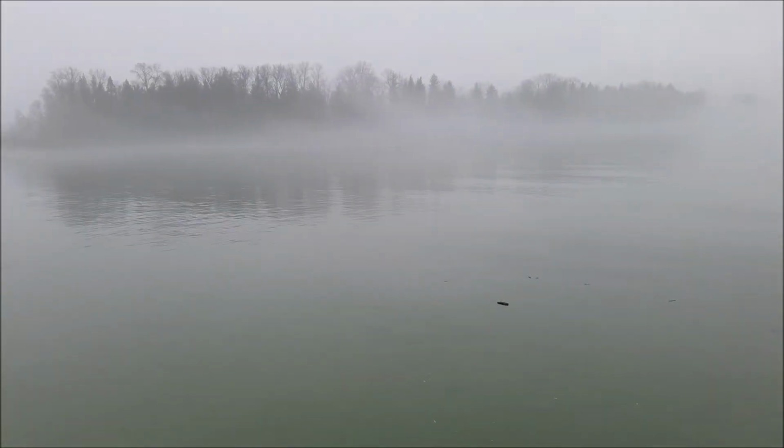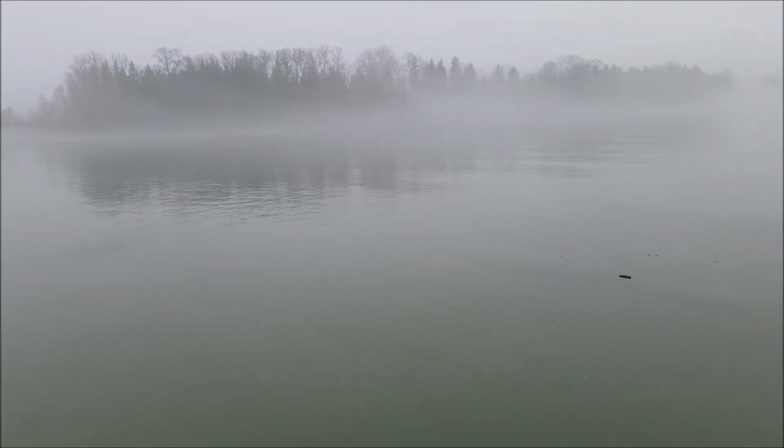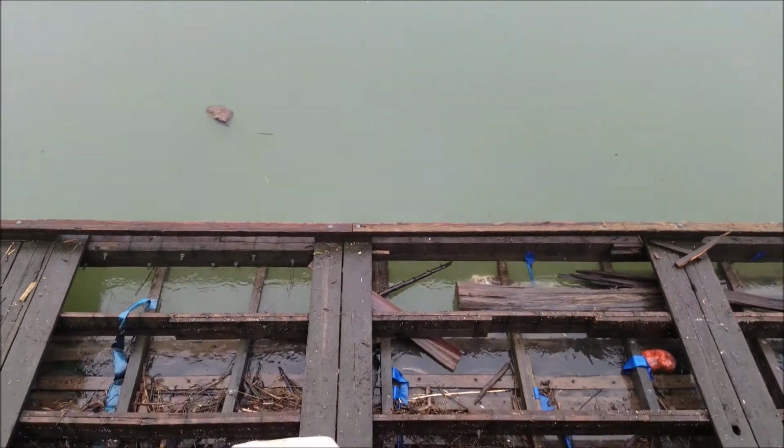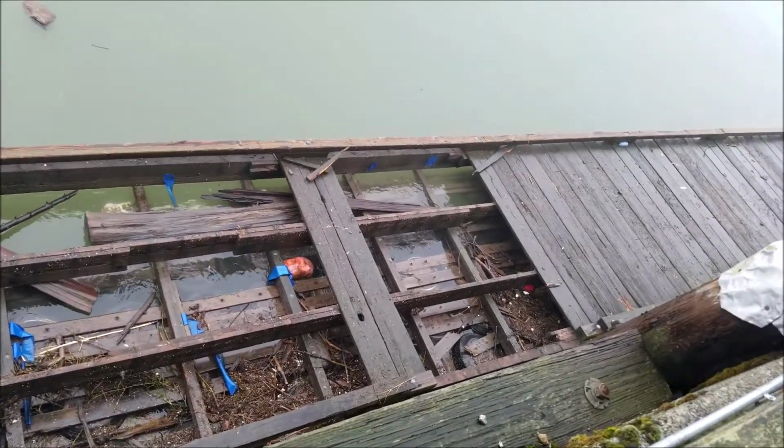Okay, here we are at the Fraser River, the mighty Fraser River again, and I've been asked to come and show it in its normal orientation, as my last video is flowing backwards. But as you can see now it is flowing to the west, and there it goes. There's flotsam and jetsam going to the west, and there's the part of the dock that was destroyed by the snowstorm and ice storm,